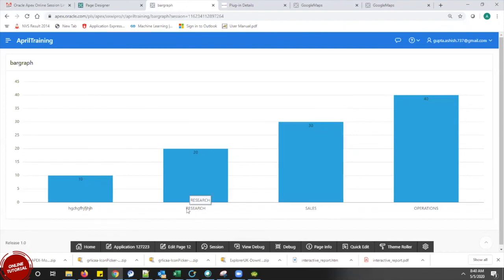In research, I had department number 20, so it came like that, and so on. This was just an example for the bar graph. We'll go into more detail with the graphs. Basically, I need to have some values in my table which will demonstrate the bar more perfectly. I'll try to do that today, and tomorrow we can go through the graphs.